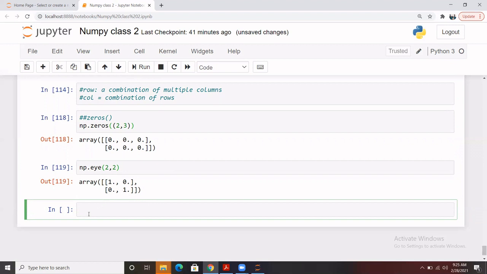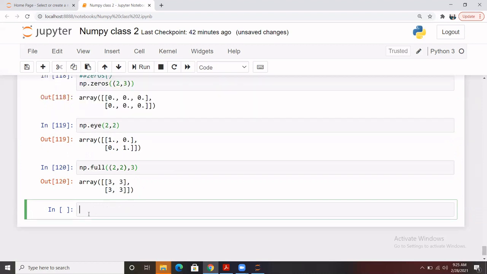And let's say we want to create a full array, which is 2 by 2, and that should be with a value 3, for example. So that will be my syntax for this. We have 2 rows 2 columns with the same value, which is 3.